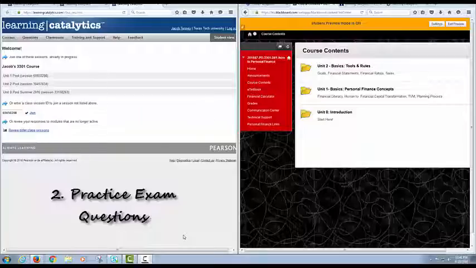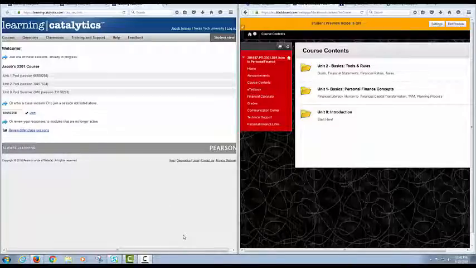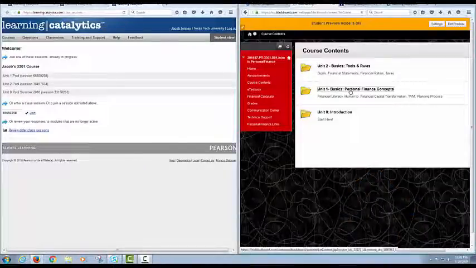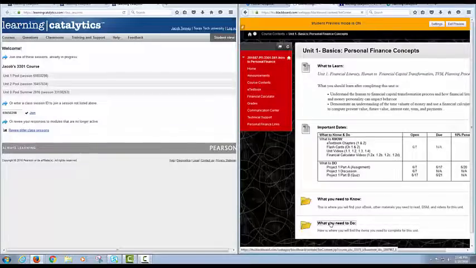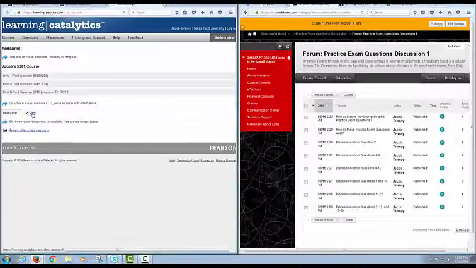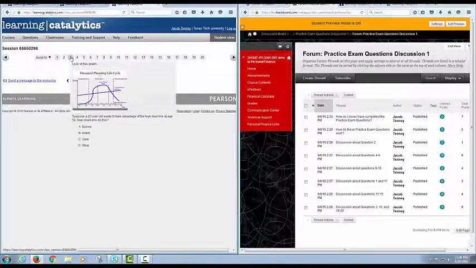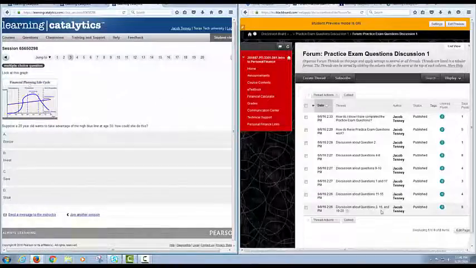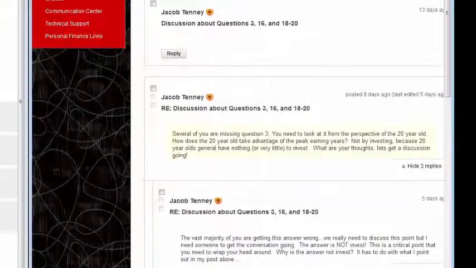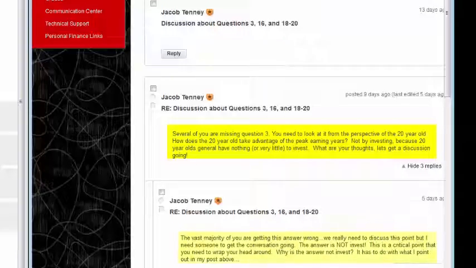Second, let me show you how I do the discussion boards. For the practice exam questions, I split the screen so I can see the discussion board on one side and the practice exam questions on the other side. For example, in the set of questions that closed last Friday, you will notice that I put up some comments about question number 3, and I encouraged some discussion about it